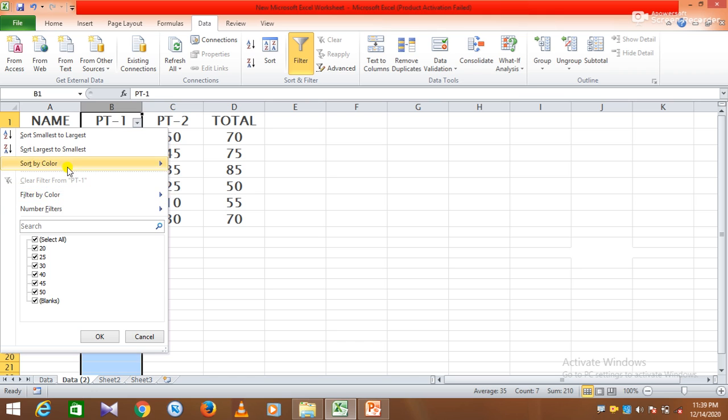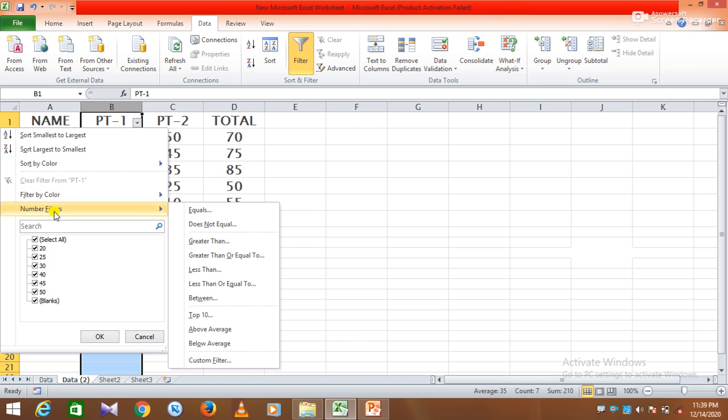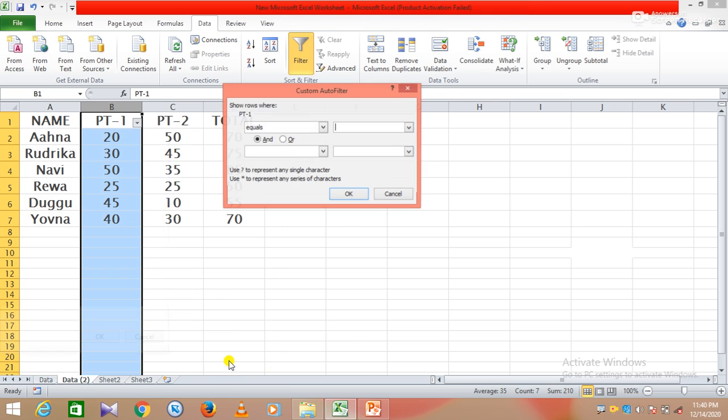This menu will appear. Now choose from here Number Filters. In Number Filters you are to choose Custom Filter. The Custom AutoFilter dialog box will appear.